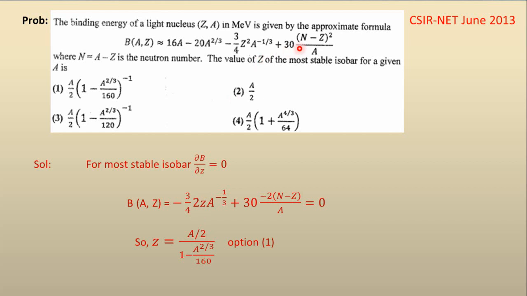ऐसे क्वेश्चन जरूर मिलेंगे जो बेस्ड होंगे इसी फॉर्मूलेस पे, कि आपको कैलकुलेट करना होगा व्हाट वुड बी द मोस्ट स्टेबल आइसोबार फॉर पर्टिकुलर A. ओके, और अदरवाइज आपको इस टाइप से कोई अप्रोक्सीमेट फॉर्मूला गिवन होगा एंड आपको उस फॉर्मूले को यूज करके कैलकुलेट करना है. सो दीज आर द फॉर्मूलाज विच आर वेरी इंपॉर्टेंट.